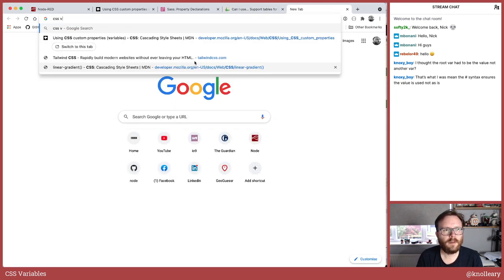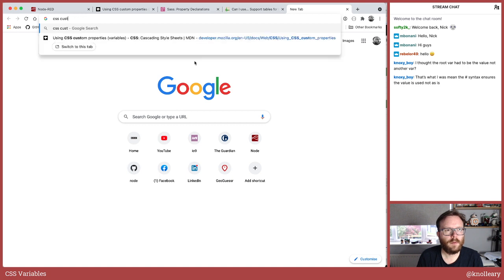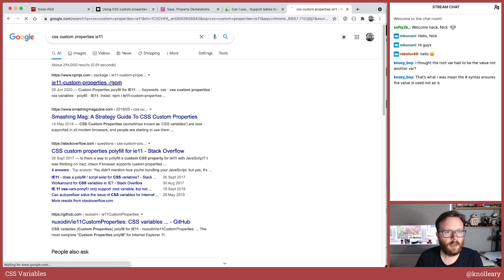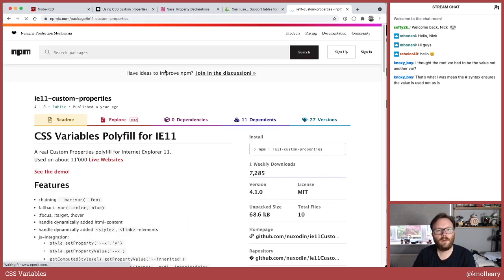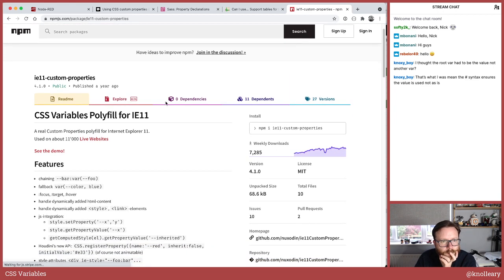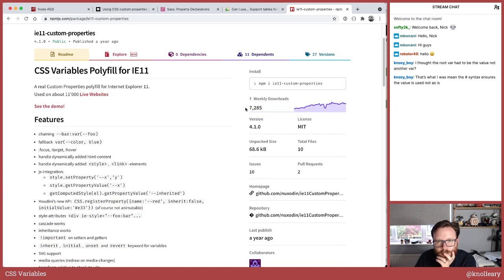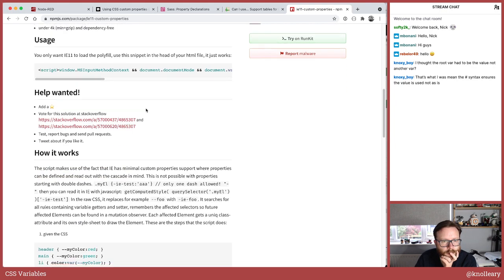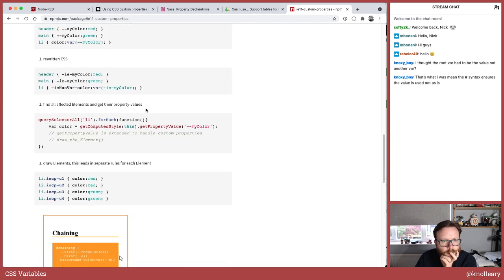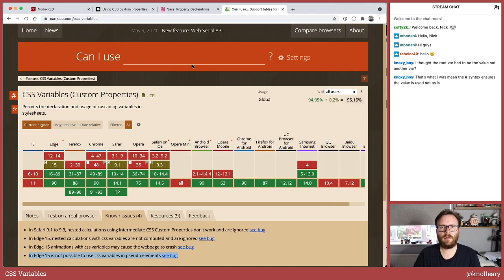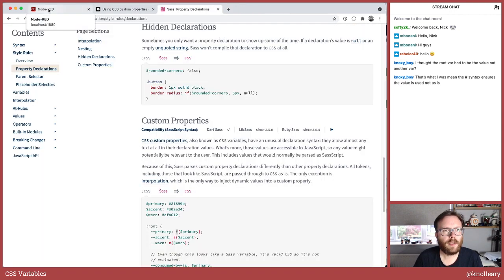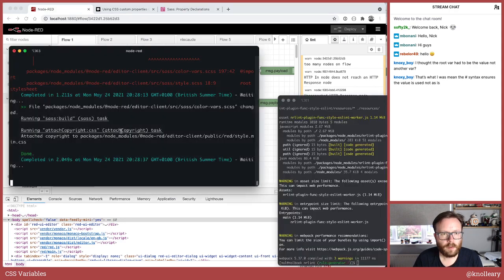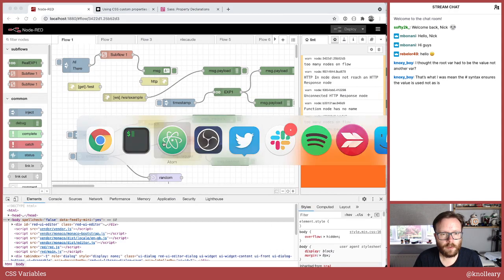IE11. I'm always sort of slightly mixed feelings around IE11. There is a polyfill for it, which, yeah, okay, doesn't get a lot of action. I'm not going to lose too much sleep about IE11 tonight. Yeah, we can ignore that for the time being. All right, so what have we got? The question is now,